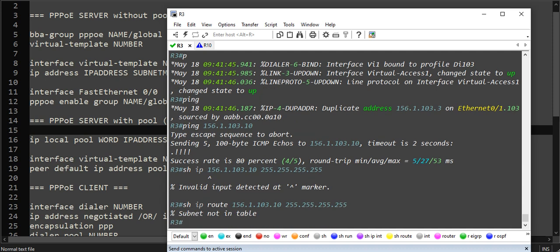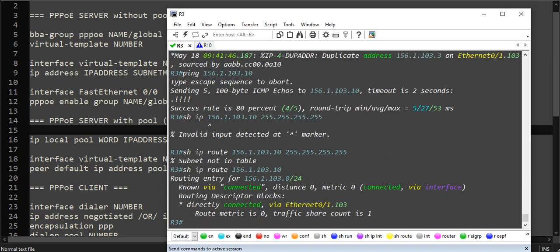Now I don't have that route with /32, subnet not in table. And if I do show ip route without a subnet, this is /24, not /32. I have simply disabled host route on the client